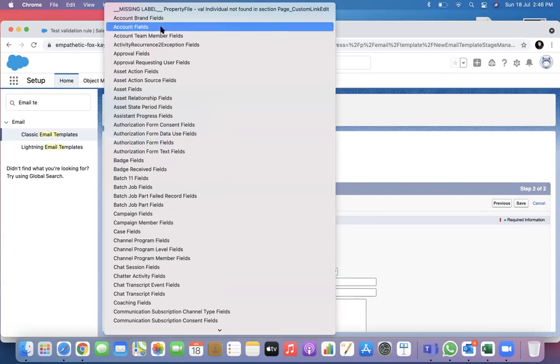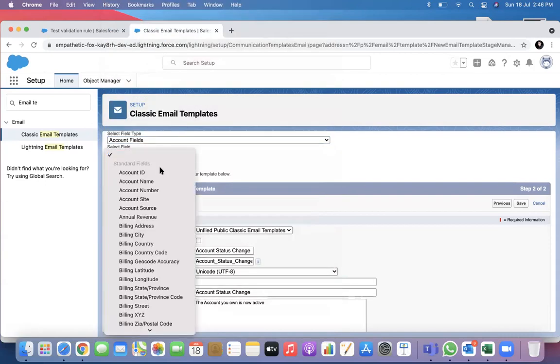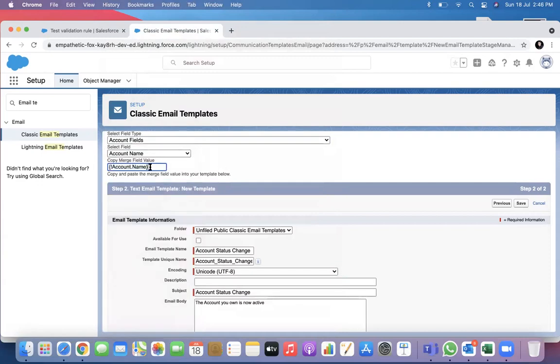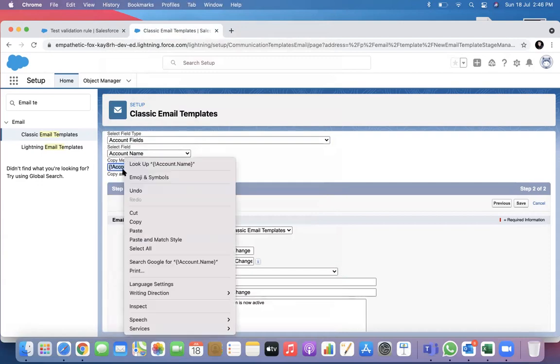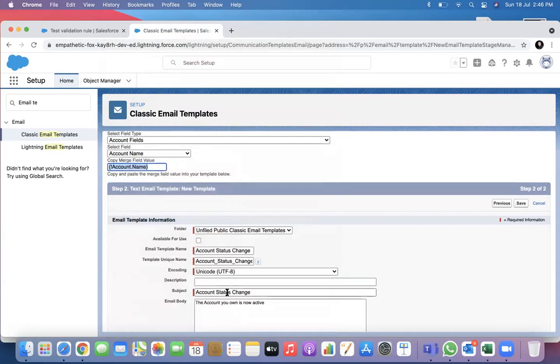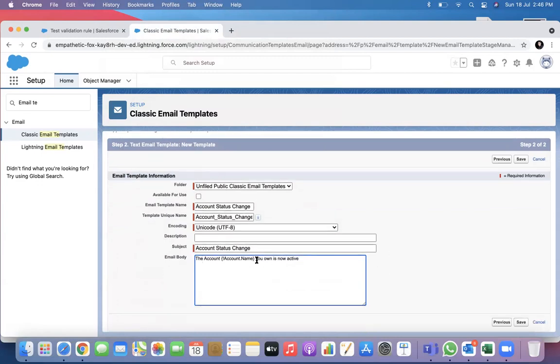So I have to go to account fields, select a field, maybe the account name. If this generates a merge field, I copy this and paste it here. Now this will be replaced at runtime when the workflow rule is firing for that specific account.